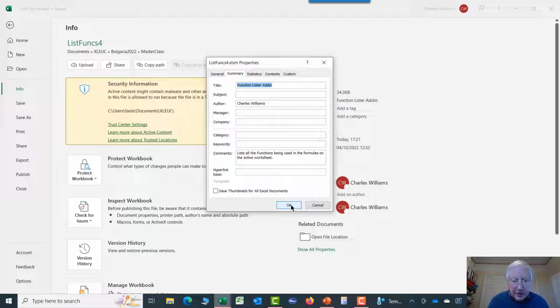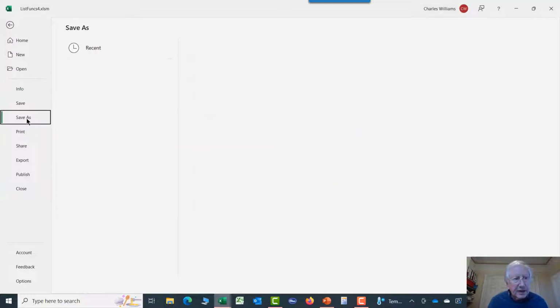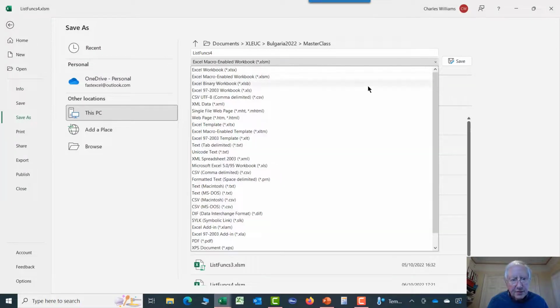Okay, which we'll look at next. Okay, so we go back to that. Now we want to save this workbook as an XLAM. So it's just a different type of workbook,